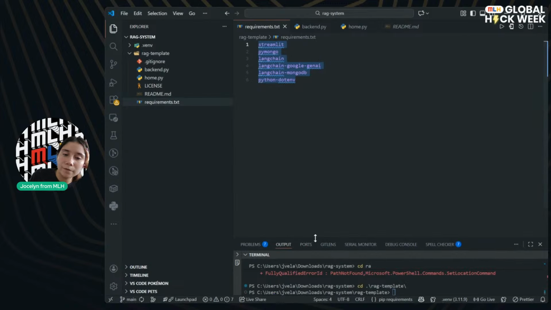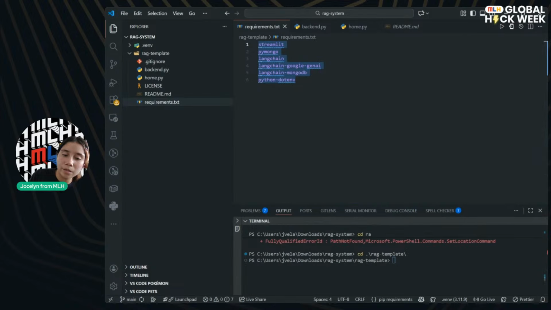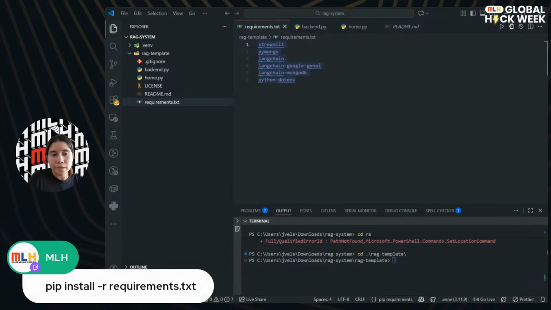To install all of the requirements at once, let me share that in the chat. Pip install -r requirements. There we go. So you're going to use this to install all of the requirements that are in the requirements.txt file. I'm going to do that myself, and then I'm just going to give you